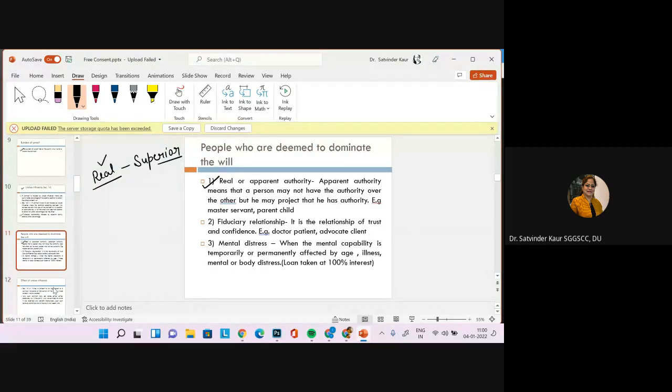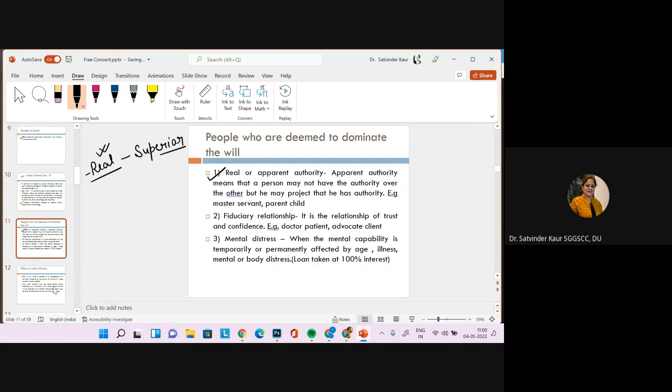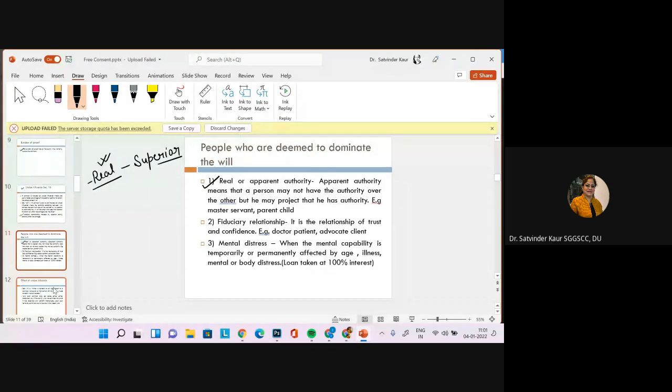So there comes the real or the apparent authority, where it is clear that the other person is in a strong position, and there are likely chances that the person is able to influence or dominate the will of the other. So in this situation, this will be called the real or apparent authority. So we will consider that there is a possibility of domination of the will of the other party. For example, in a particular situation, if parents